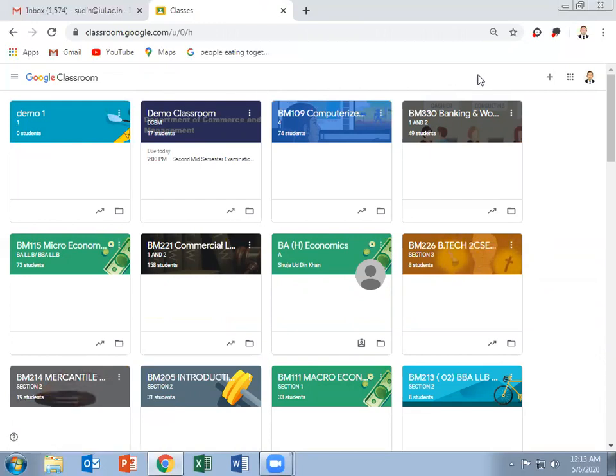Let us create a demo class. If we want to create a class, here we can see a plus sign over the top right hand corner side of the window. We have to press it. It gives us two options: join a class or create a class. Let us create a class.